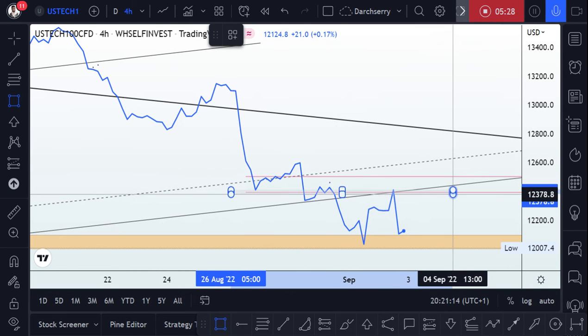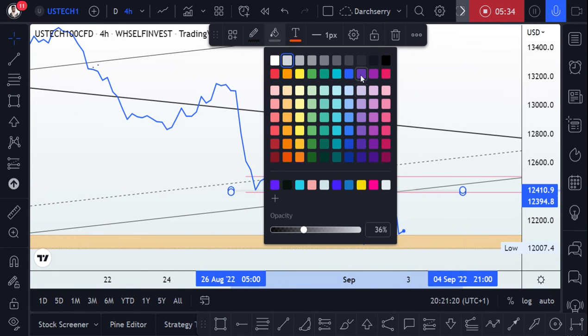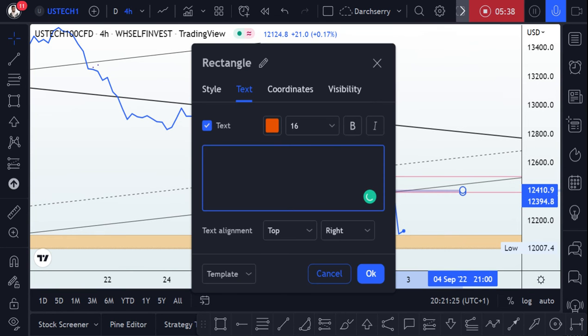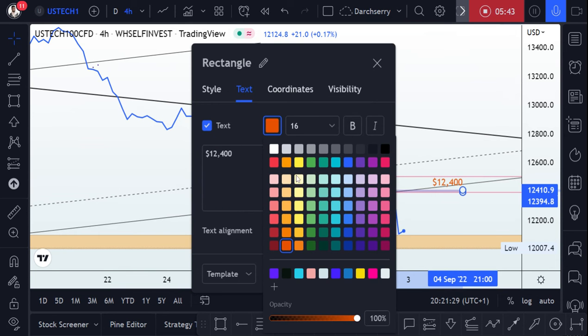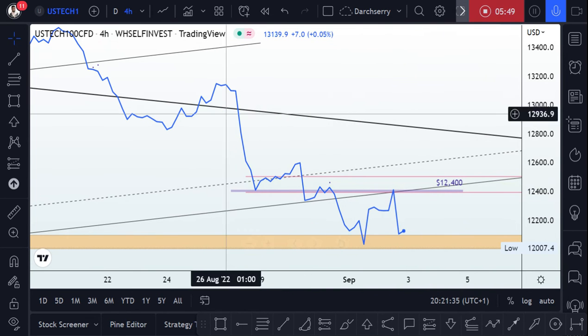Okay, let's have it like this. So let me give this a purple and let's label it for the sake of clarity. So we have a $12,400 level around that area. I think this is too big. Let's just give it okay. So now